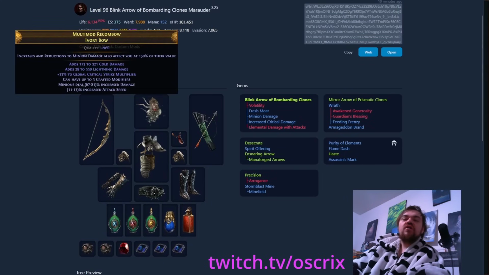So let's start out with the bow. The bow is flat lightning, flat cold, and crit multi with a multi mod. This is relatively easy to make in the current league, Settlers, with recombinators. Just alteration, both of those mods alone, both the T1 flat mods alone, recombine them, etc. You don't even need the crit multi, it's not really necessary. You could